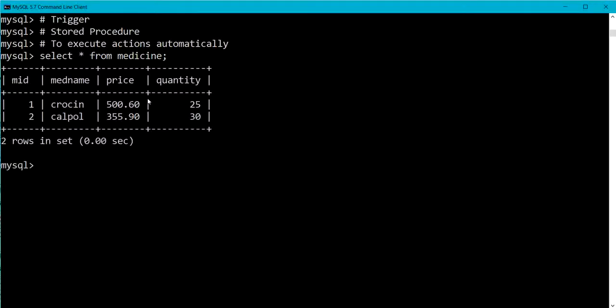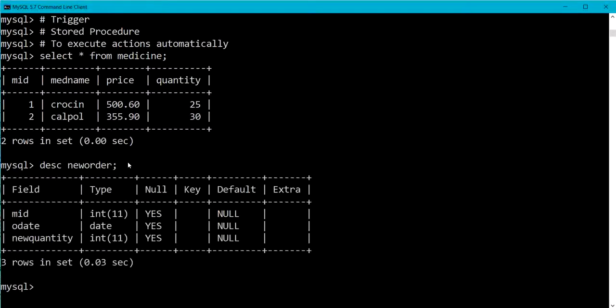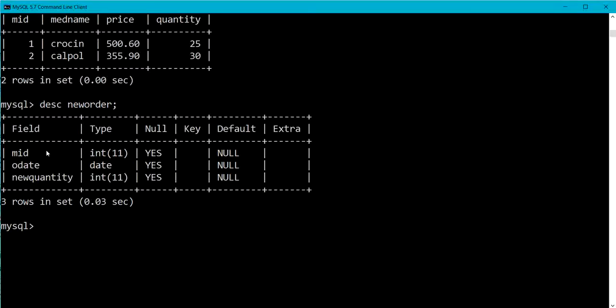In this medicine table I have medicine ID, medicine name, price and quantity. Associated with this medicine table we also have a new order table. Let me describe the new order table. The new order table has medicine ID, order date and new quantity.